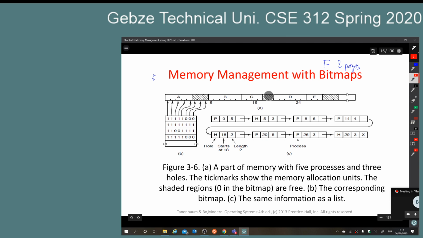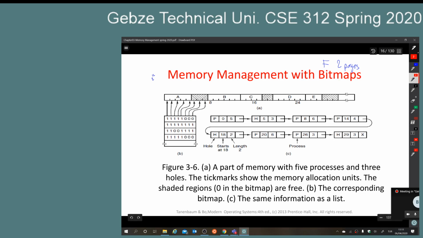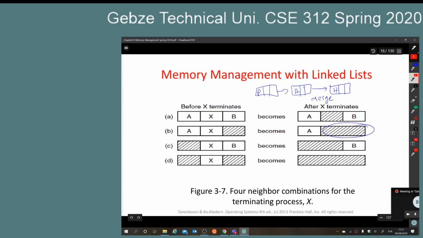Okay, this is best fit. It is either this one or that one. Why? Because of course, my program fits in all of them, okay? But these are the worst fit results. Why? Because they are much larger than what I need. So the idea with the worst fit is,